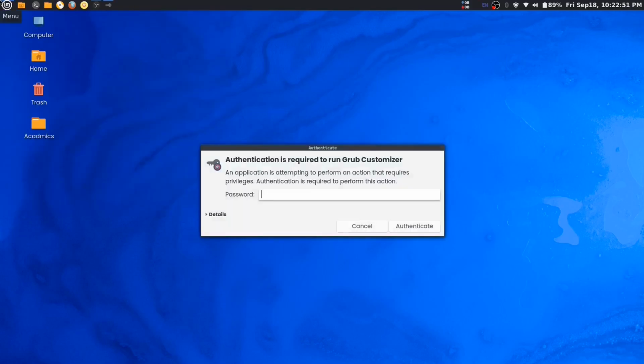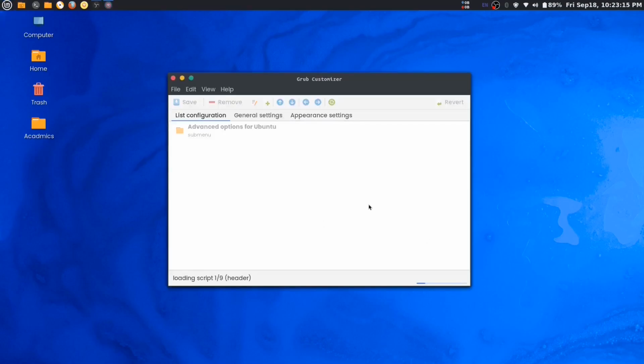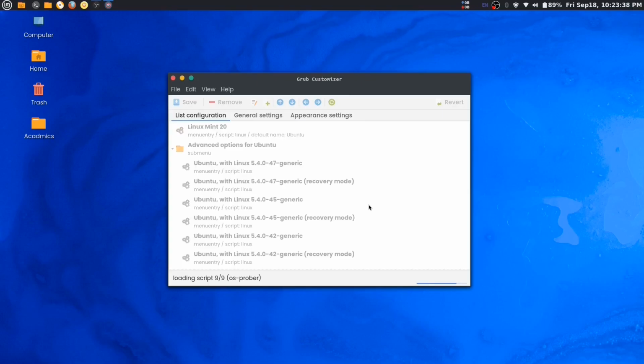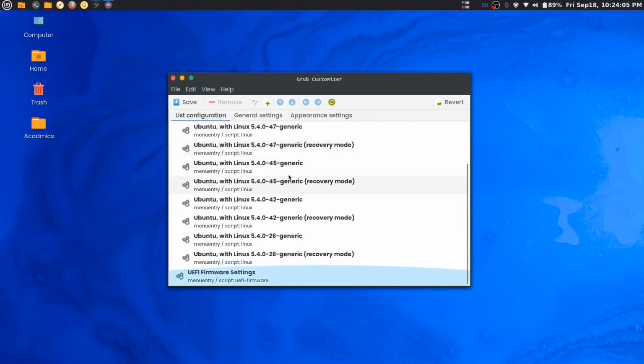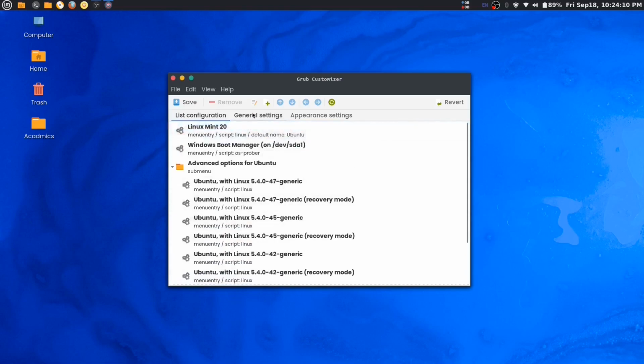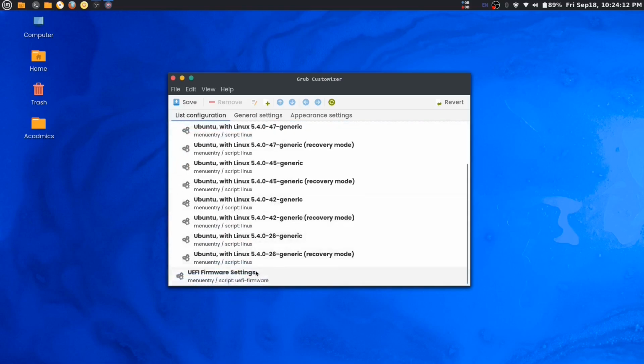You will need to provide authentication. So this is what Grub Customizer looks like, and I have installed Linux Mint, Windows, and there are some recovery files and some firmware which by default I have not set up.